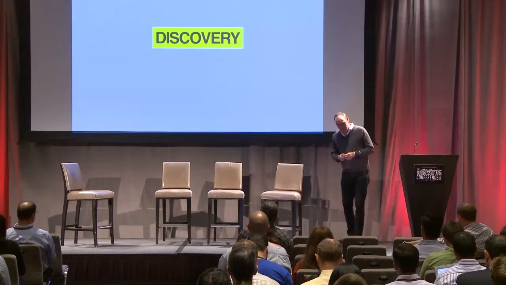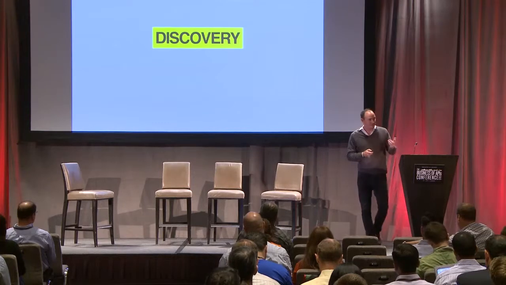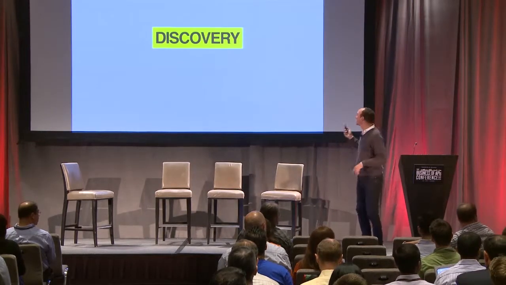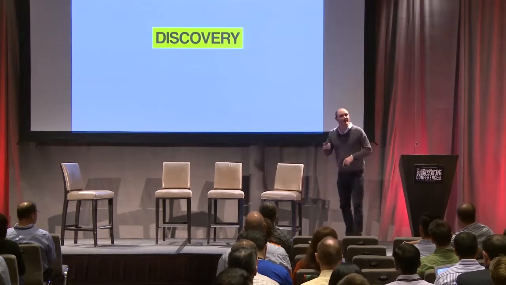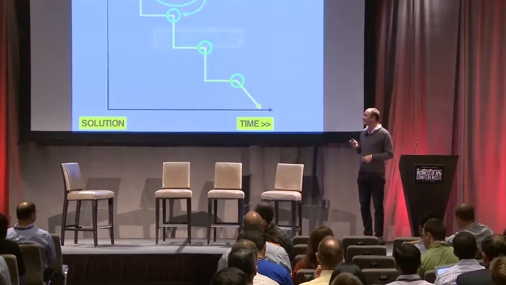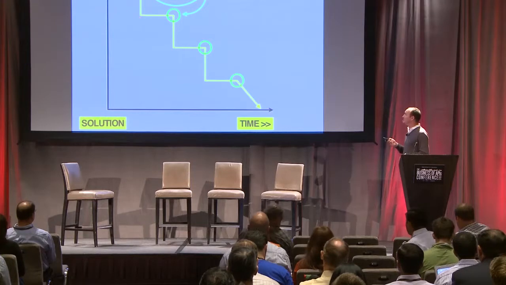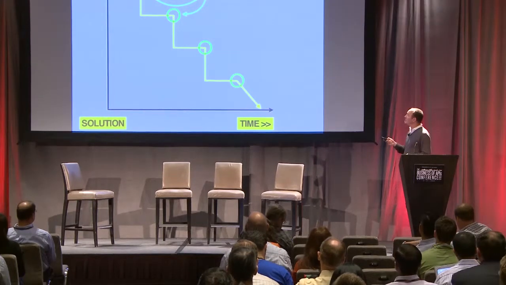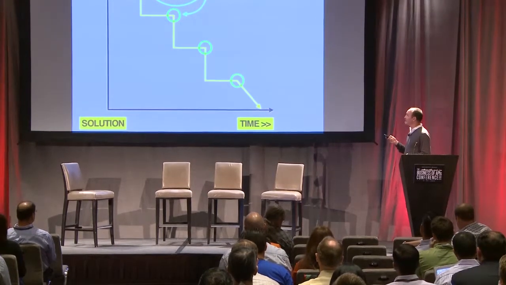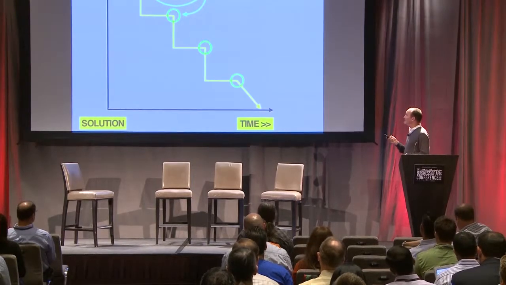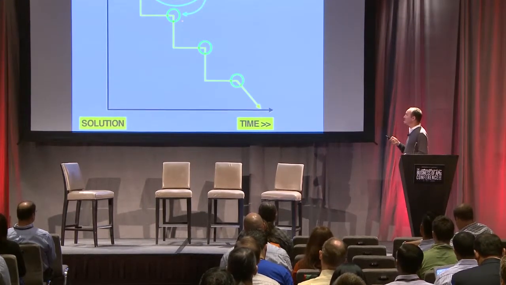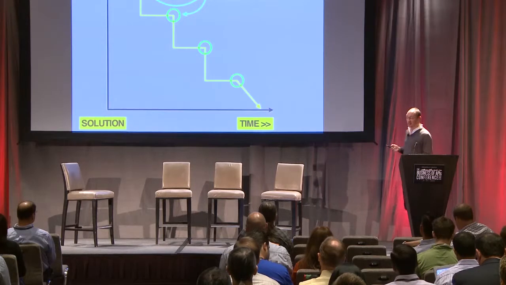I want to close with just a brief description of how this kind of work gets done in contrast to the traditional waterfall model, where you've got a solution down here and a problem up there and time's going this way. There's step one, you define what's happening, you define the problem, and then you generate a document, you move on to the next phase, and the next phase, and the next phase, and then you're finished.